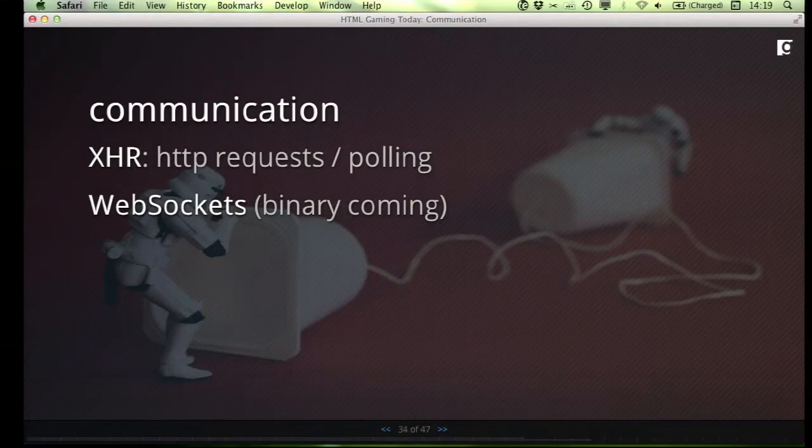We have WebSockets, pretty broadly supported. Right now, text only. The spec includes binary, so we should get binary support at some point in the future. And this lets us do much more real-time communication with the server. We use this, for example, in the Tankster game, which I showed briefly, to do multiplayer, where we have fairly low latency between players, where we push an action to the server over a perpetually open socket. It pushes it off to the next player. So we can both push data, and we save the cost of having to reopen an HTTP request every time we want to send data back and forth.